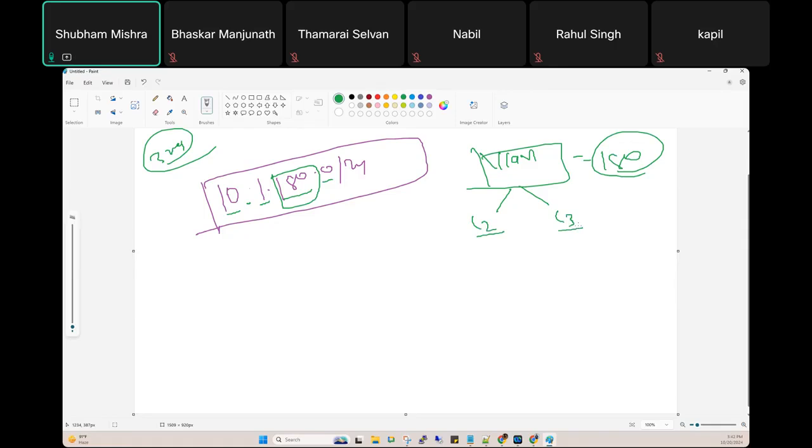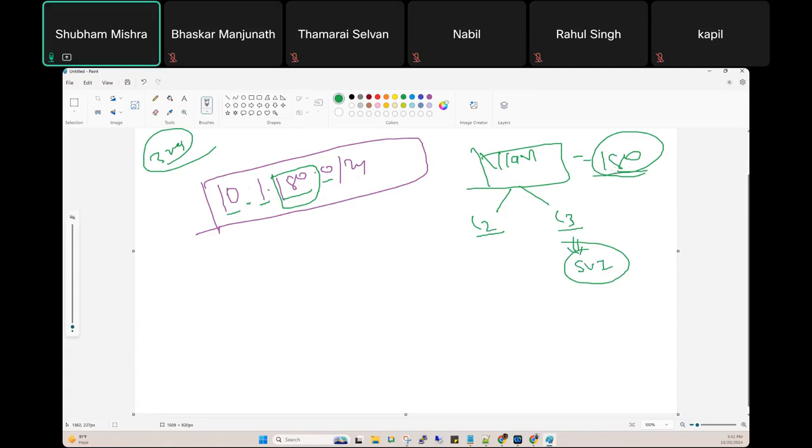You can also call L3 VLAN an SVI. So for LinkedIn, you are going to assign which VLAN? 180.